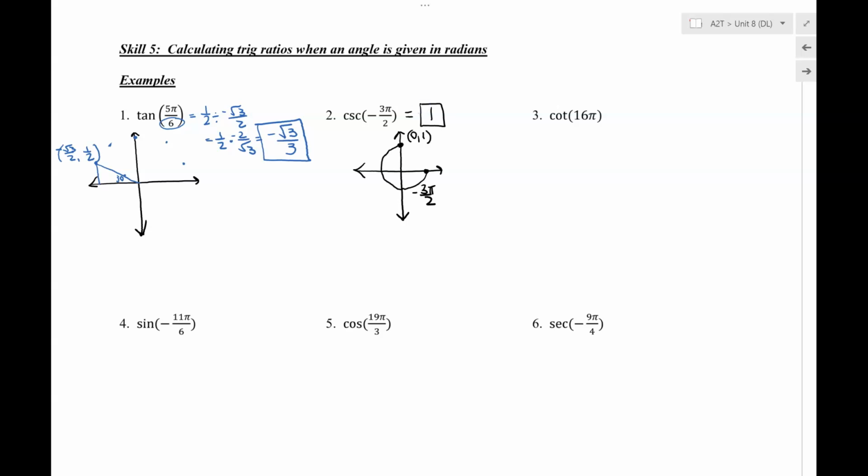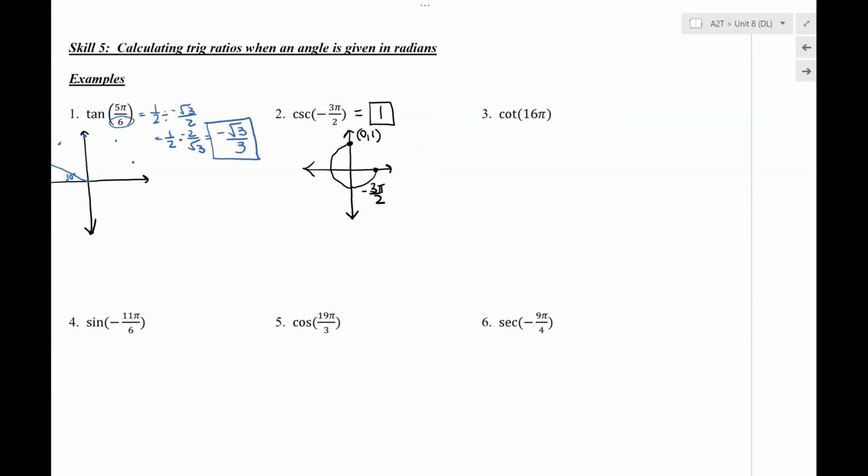Beautiful. Okay, cotangent of 16 pi. Whew, that's a lot of rotations because I'm thinking 2 pi is 360. All right, so then if I subtract 2 pi, I get 14. Subtract 2 pi, I get 12. And then 10. And then 8. And then 6. And then 4. And then 2. So this is equivalent to the cotangent of 2 pi or the cotangent of 0 pi, which